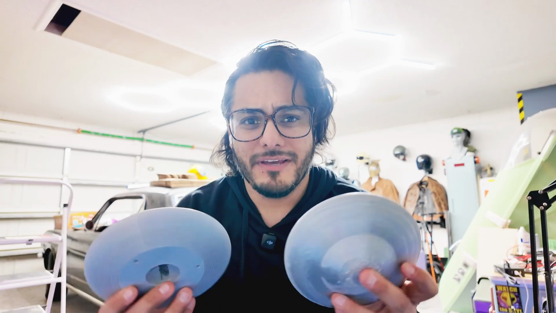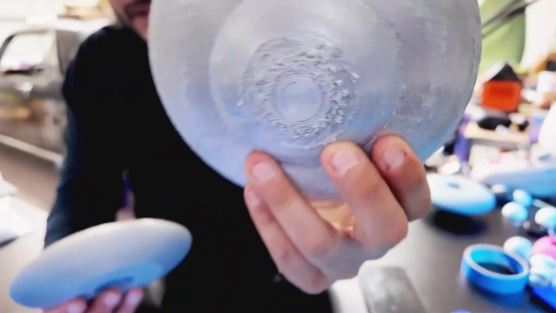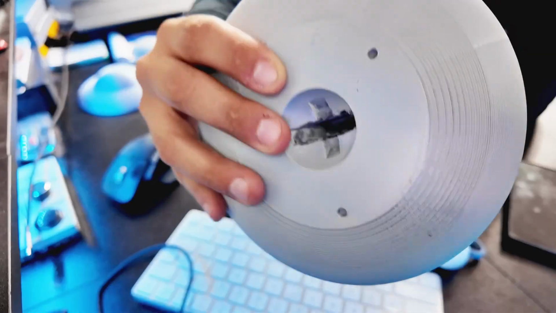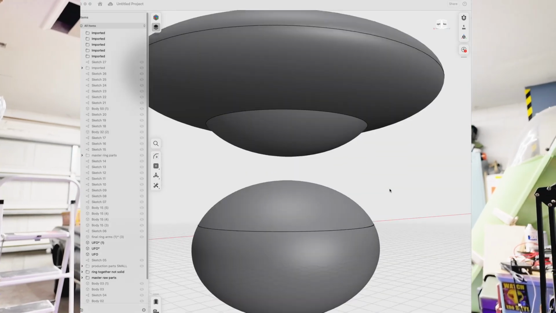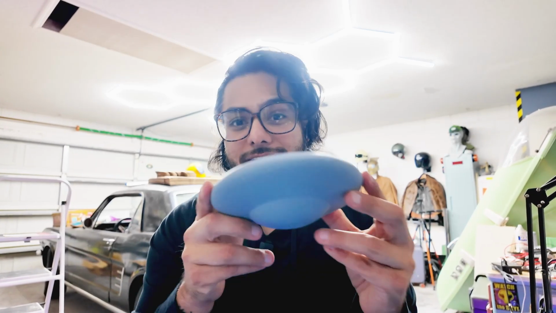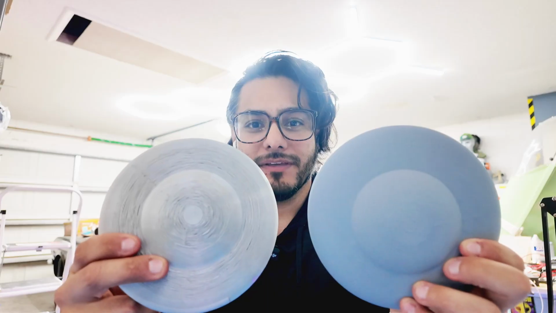Now this took a while to get right. These are just the prototypes. Printing in PLA something that's one piece, I get this nasty, gnarly scarring. Like it's terrible. And you'll see here. So I redesigned the entire thing, split it in half, nice flat prints, and I got this. Look at that, look at that. Compare that to this, it's like night and day. Now I still have to sand this a little bit, but by the power of magnets,